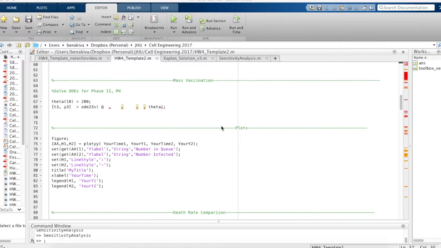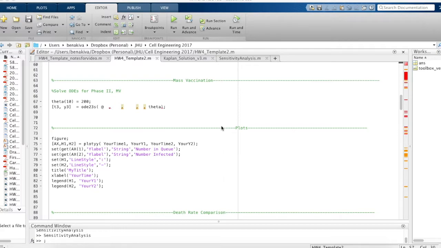So essentially everyone from phase 1 who was in S0, or who was in the susceptible unvaccinated case, is going to go straight into the queue at Q0. And everyone who was infected in stage 1 is going to go straight into the queue in the Q1 variable,